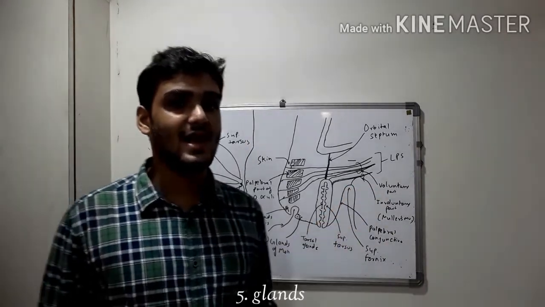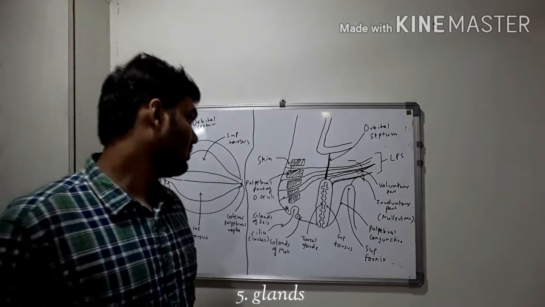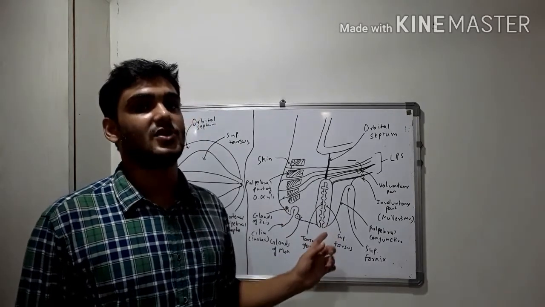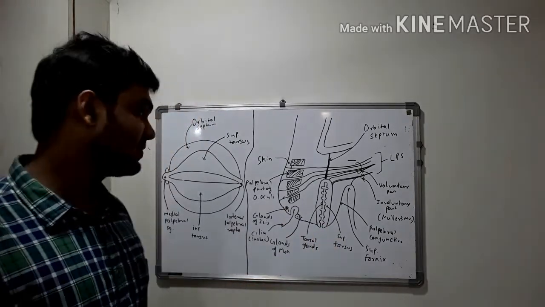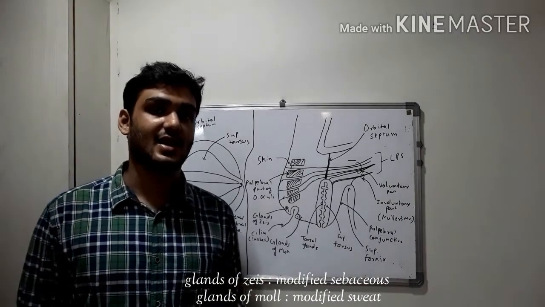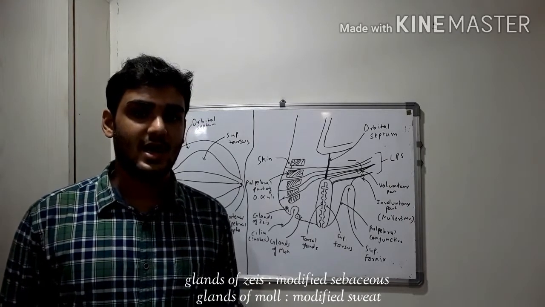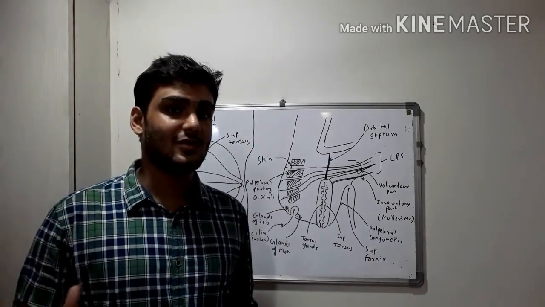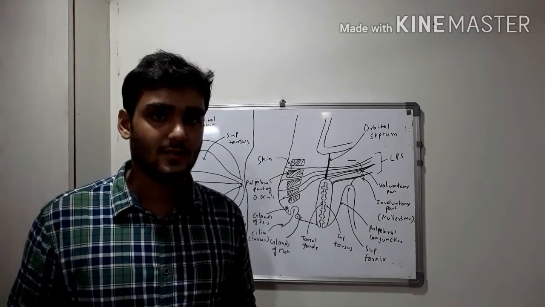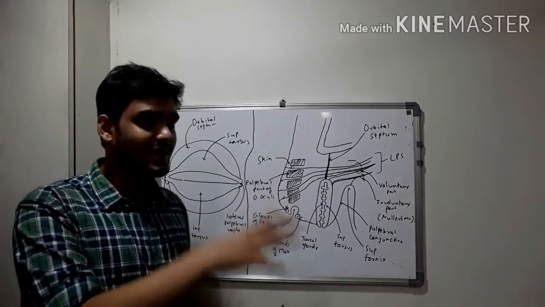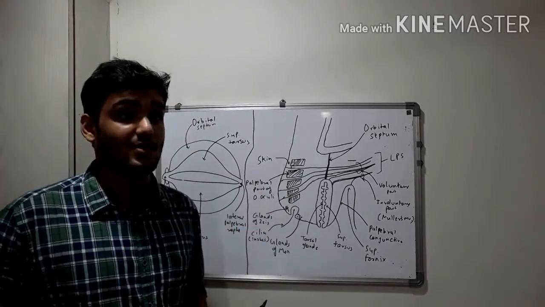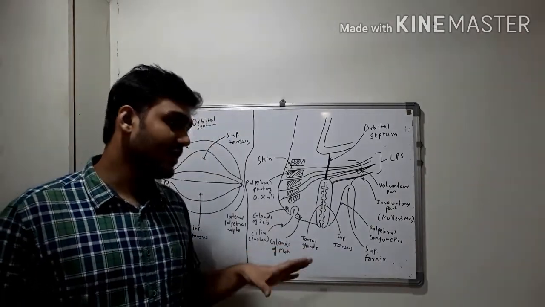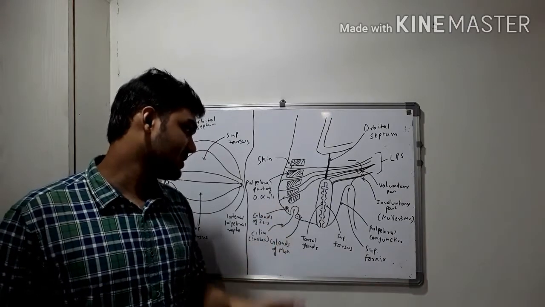And lastly, talking about the glands present in the eyelids. So we have the glands of Zeiss, glands of Moll, and the tarsal glands, also known as the meibomian glands. So the glands of Zeiss are modified sebaceous glands, and glands of Moll are modified sweat glands. Now I have an interesting trick to remember this. If you go to Moll, the malls have centralized AC, right? So you don't perspire. So the glands of Moll are the sweat glands. It may sound silly, but that's how I remember this. So glands of Moll are modified sweat glands, and glands of Zeiss are modified sebaceous glands.